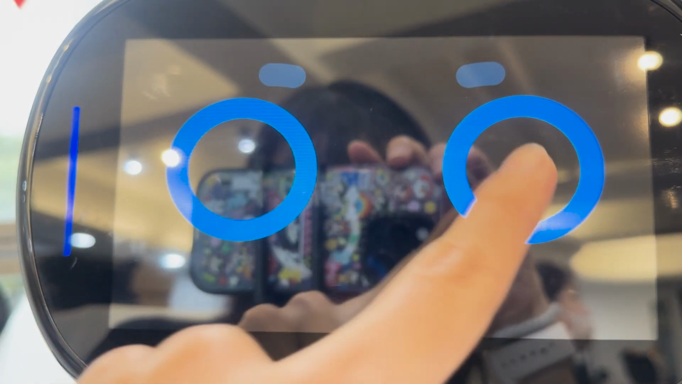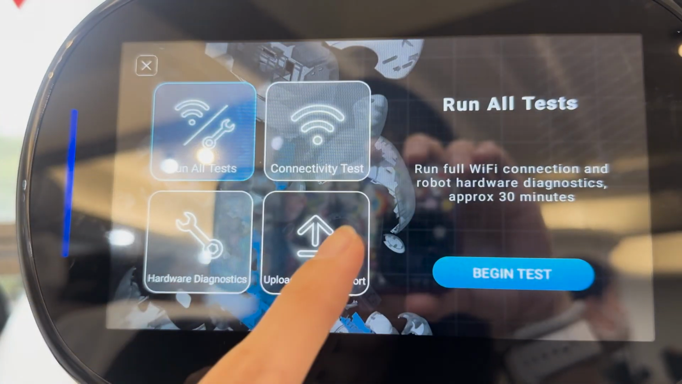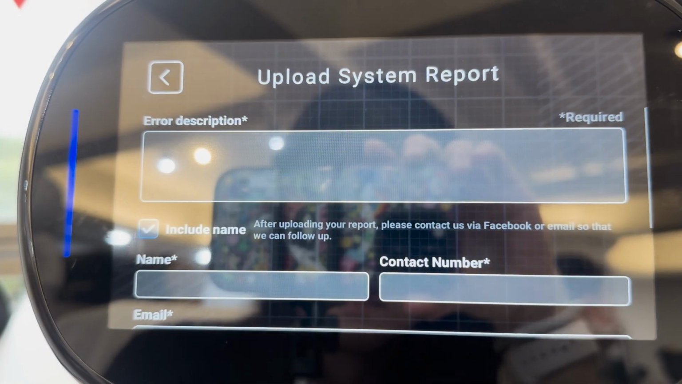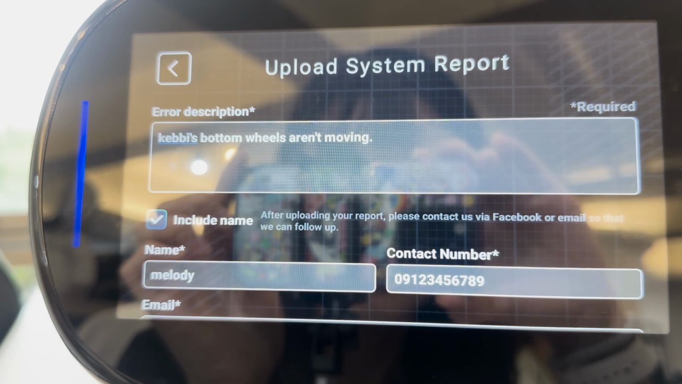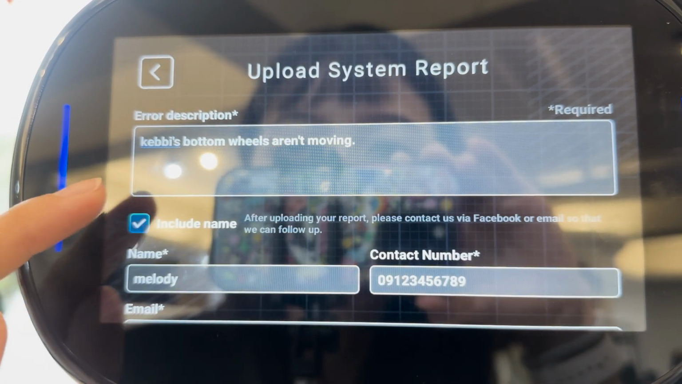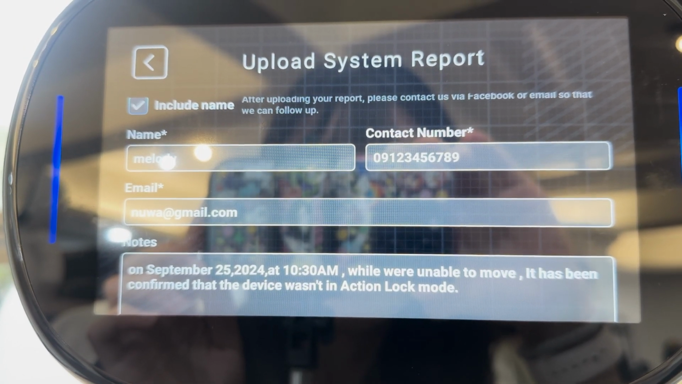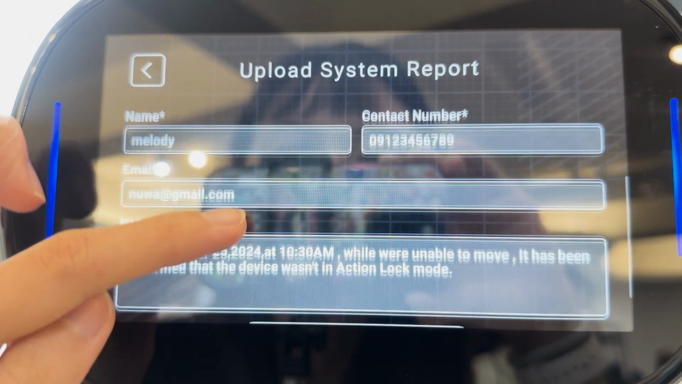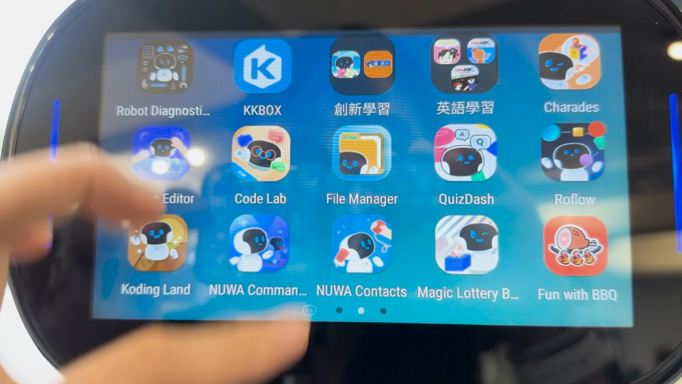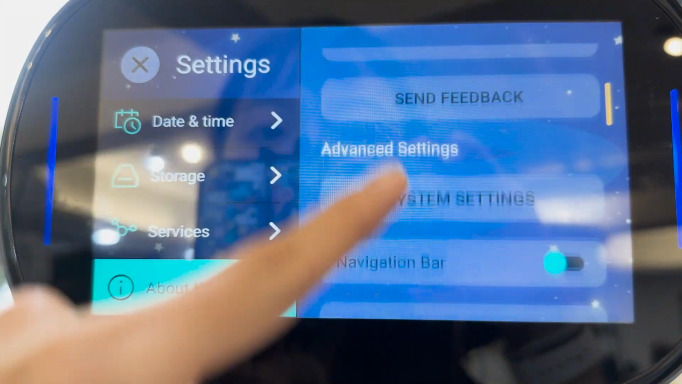When Kebbi experiences an issue, go to the main menu, select the Diagnostics tool, and choose to upload a system report. Provide a detailed description of the problem, and you can choose whether to submit the report anonymously. After filling in your personal details, you may add additional comments in the notes section and then submit the system report. Be sure to note the time the issue occurred and the device's serial number, which will help the customer